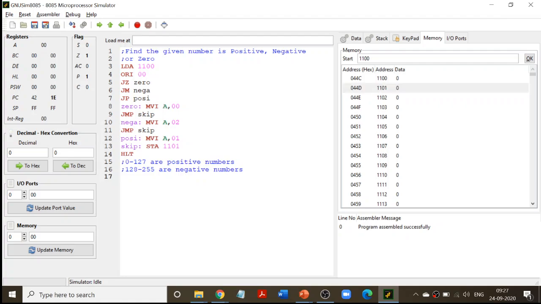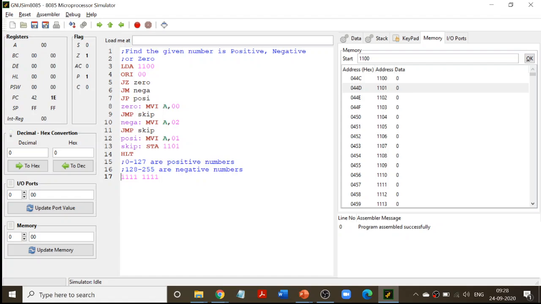Why is it so? For example, let me tell you, if I have 8 bits, the maximum number I can store in 8 bits is 255. So I can store any number between 0 to 255 within 8 bits. Whatever I'm talking about, 0 to 255, are all positive numbers or unsigned integers. So I'm only able to store unsigned integers. If I have to store signed numbers, then what happens? I have to store a sign somewhere.